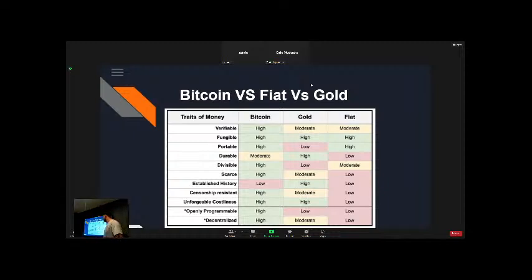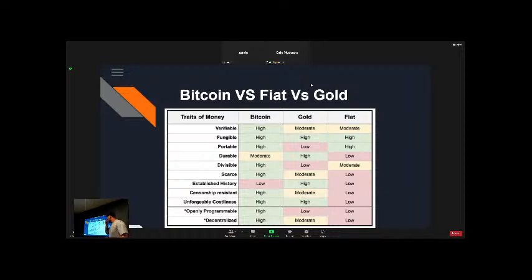And then of course we got durable. Bitcoin, I would argue, is pretty high durability, but you know the network's still pretty young, and if we're talking about price discovery, then it's highly volatile. So durability might vary. Gold high, you have to melt it down with forges. It's pretty self-explanatory. Fiat, same thing. You know, the economy can collapse, but also paper money you can just tear up, right? Unless it's directly in your bank account. Divisible, Bitcoin's easy. Fiat, moderate, self-explanatory.